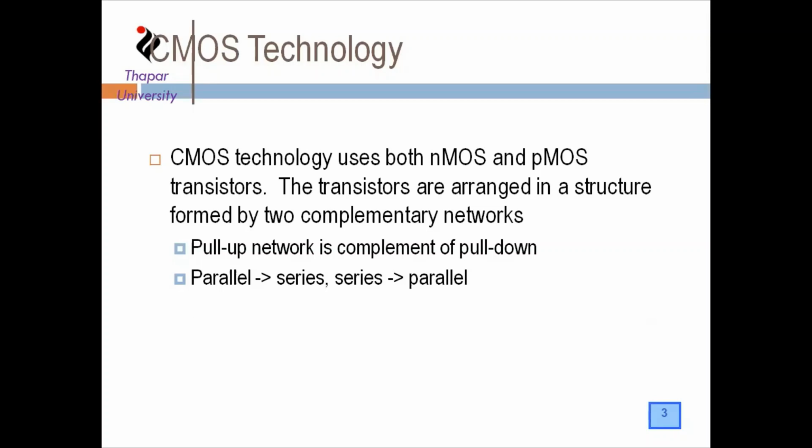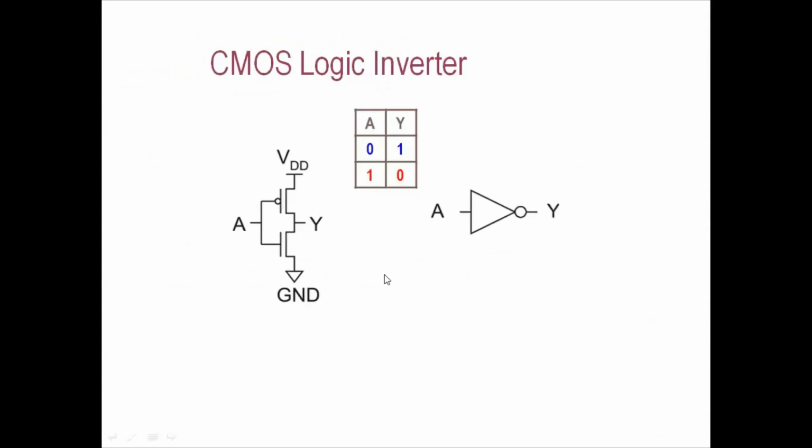It is a fully restored logic, plus it has the advantage of low power consumption, static power consumption rather, I should be specific about it, because there is no direct path being formed between the VDD and the ground. So let's try to understand this